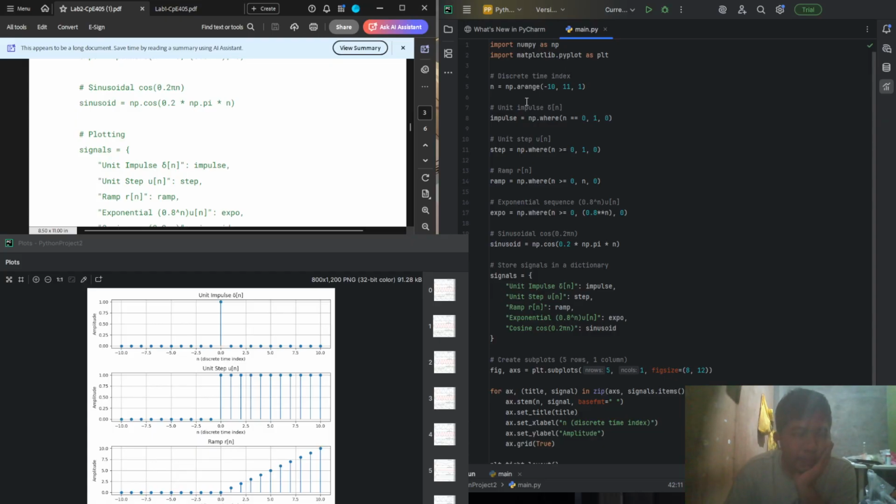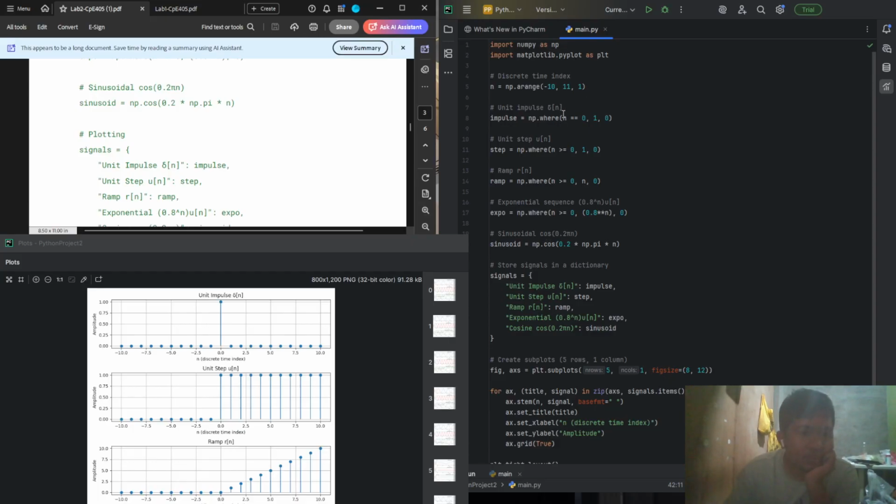I also define the range of the graph. We start at -10, then we do 11 steps for the range, so in this plot we have -10 to +10, and each step is 1. So -10, -9, and so on and so forth.